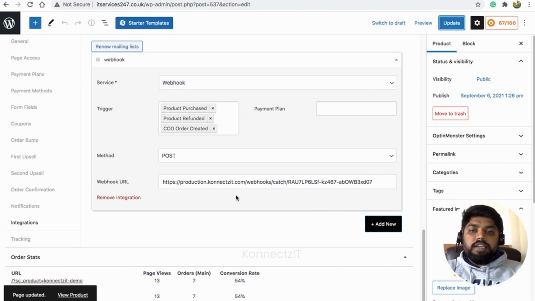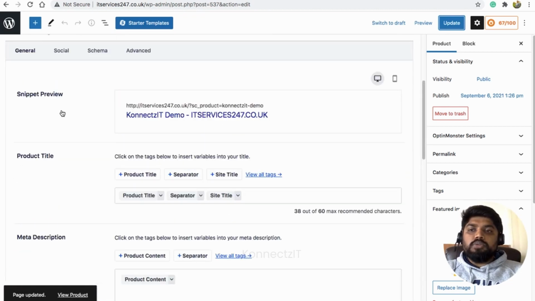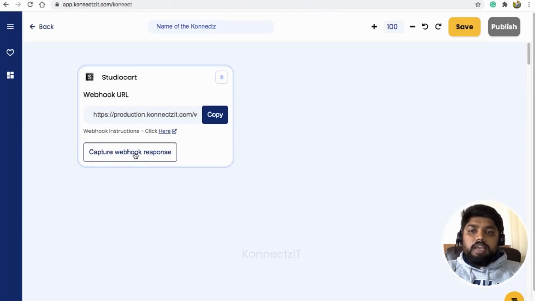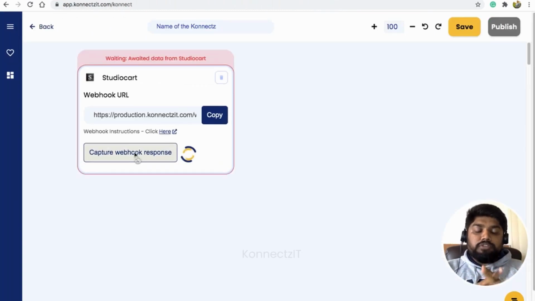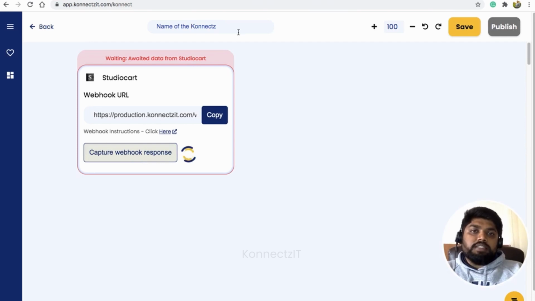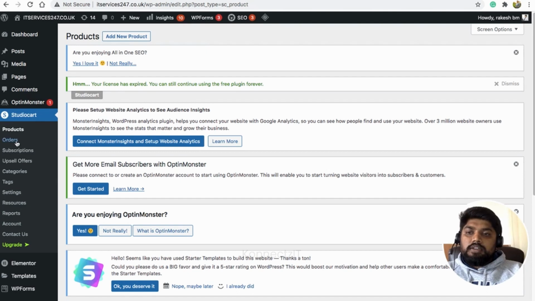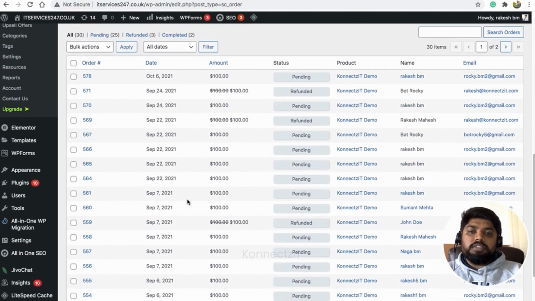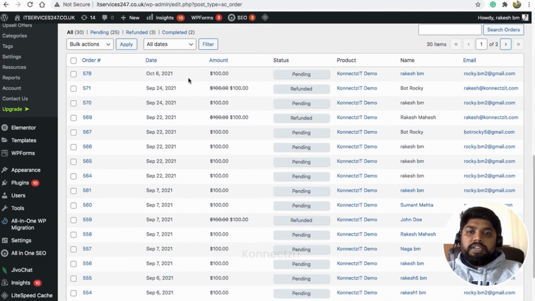Before making any purchase, I'll go to Connexit and click on capture webhook response. This will enable capturing data from the other app into Connexit. Now let's go to Studio Cart again. I'll click on orders, and what I'm going to do is make a refund.